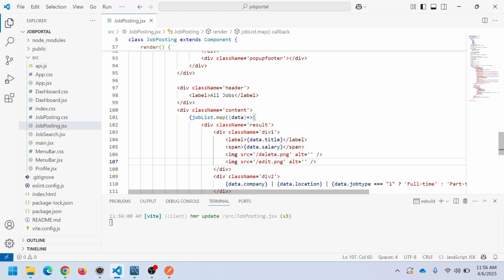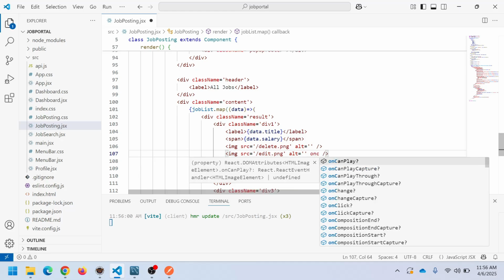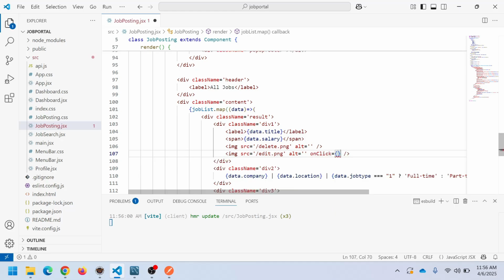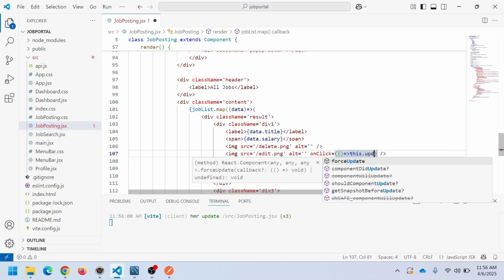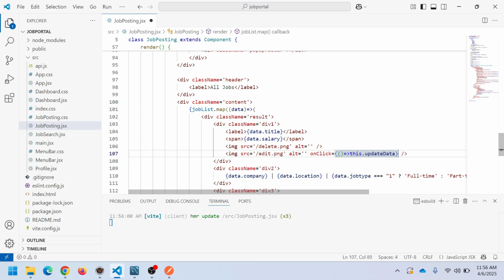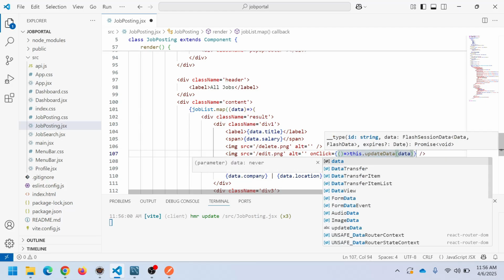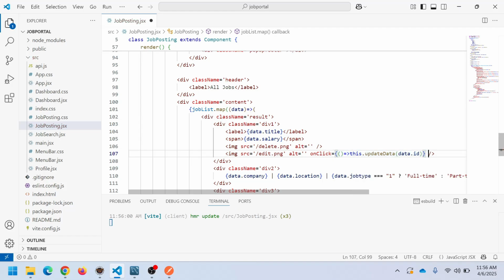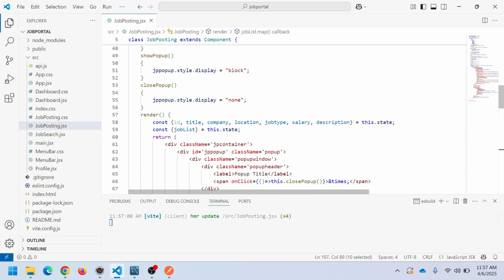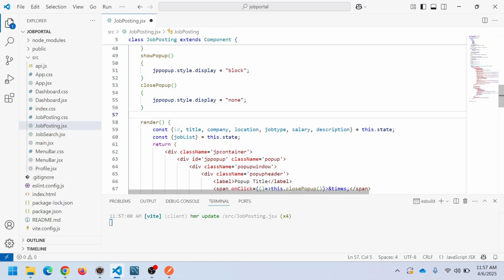Inside render, find the image tag which is provided to perform the edit operation. There, add an onClick event, use an arrow function and call this.updateData and pass the primary key as input. So data.id. Then create a method with this name, updateData. So copy the function name, go above the render and create a function with the name updateData